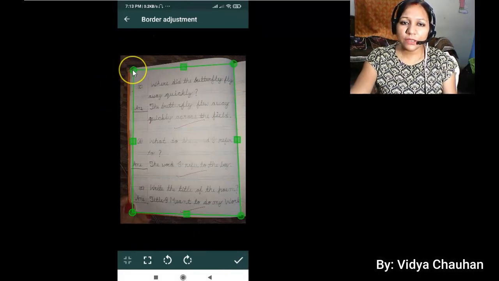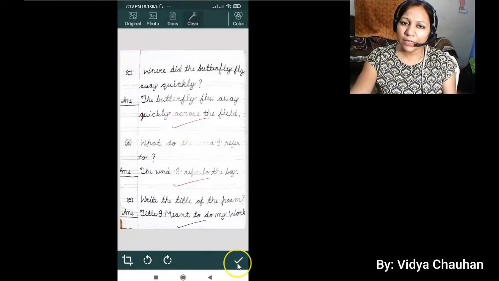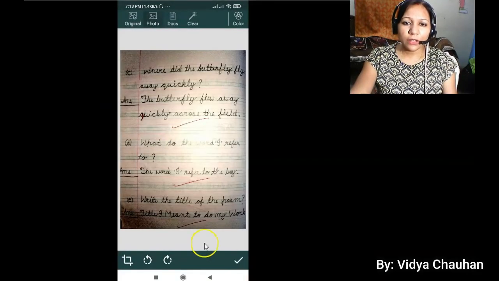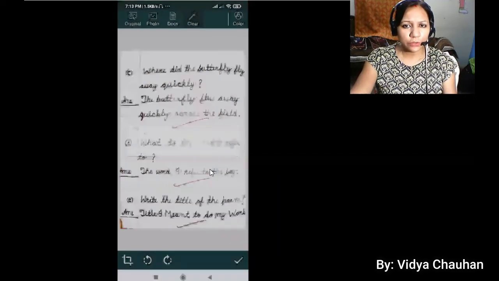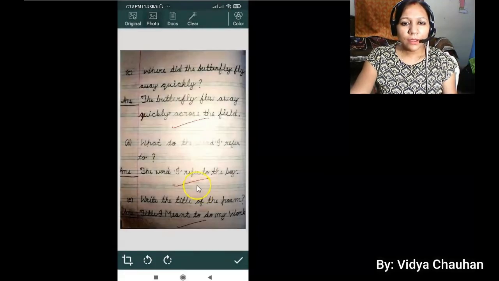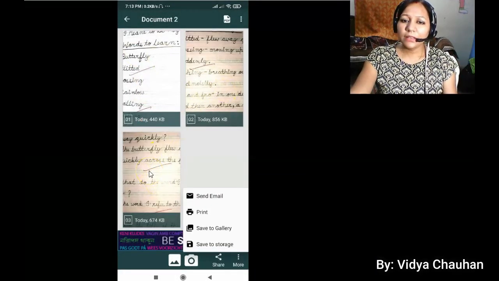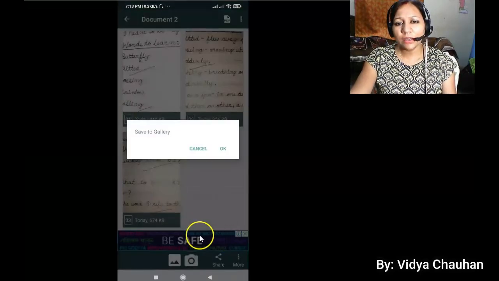Once you are final with the selection, that yes, the document which you have attempted is clear, click on the right button and select the best image according to yourself. Once it is done, you can see that we have scanned 3 documents, and then the next step is to save these documents in the gallery.